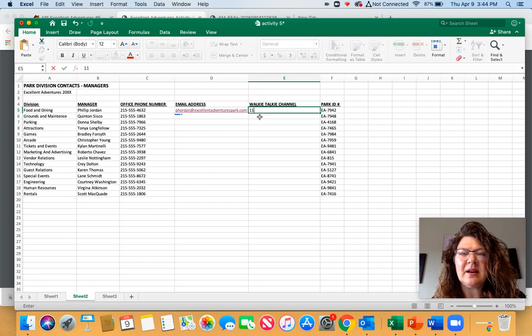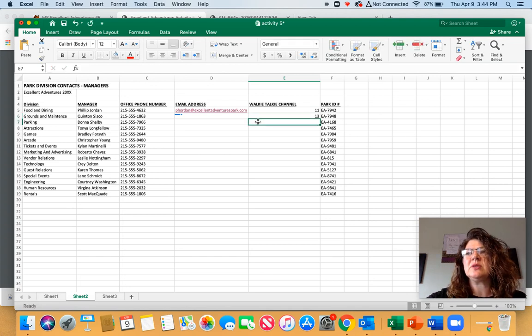And then the walkie-talkie channels will be added here. Excel is nice because you don't have to redo anything. You can copy it and insert and manipulate this information, which is what we want to do. After we have added all of this data, I didn't type all of it in for you just for time's sake. You're going to select cells D4 and E4, and you want to make sure that they are bold and